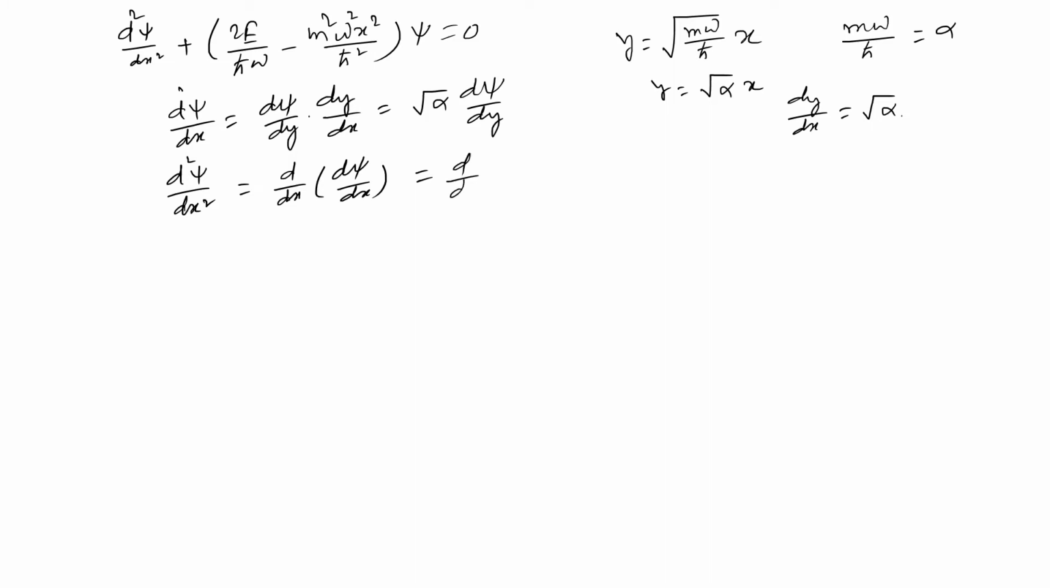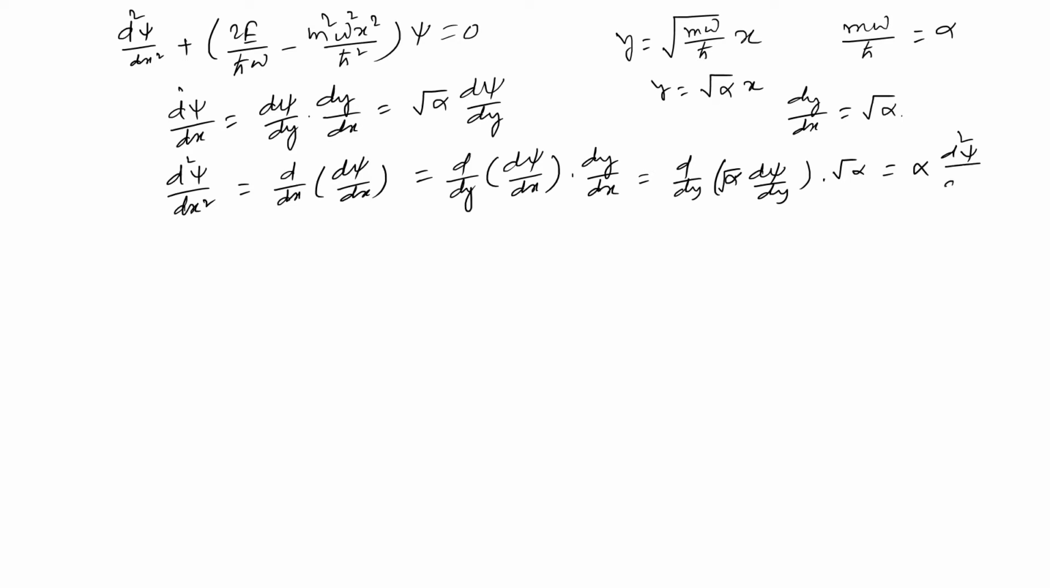This can be written as d/dy of (dψ/dx) into dy/dx, and d/dy of dψ/dx, that means square root of alpha dψ/dy into dy/dx, means square root of alpha. That means this will give us alpha d²ψ/dy². So I am now putting the value of d²ψ/dx² and also the value of x, and after a step I can easily write down that